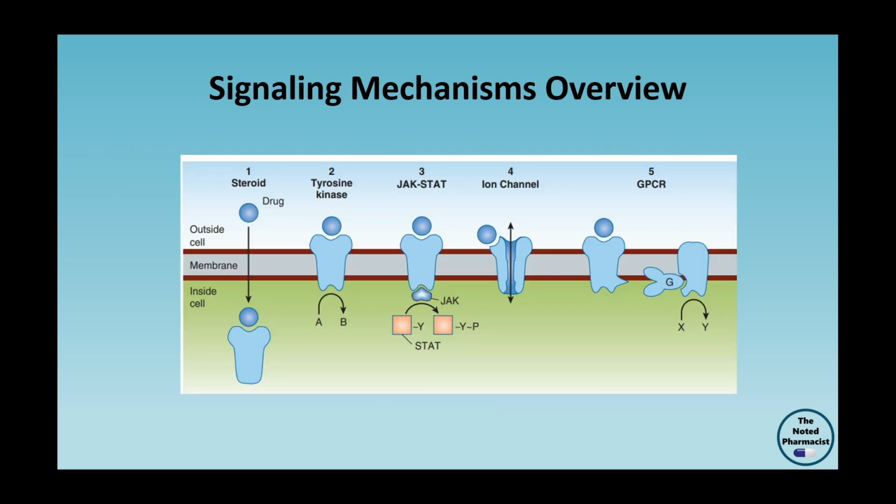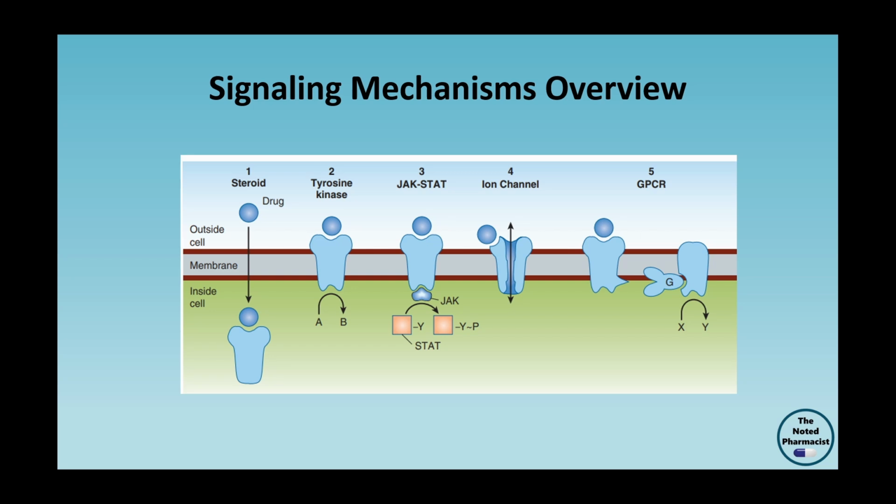Let's now discuss signaling mechanisms. Let's start by defining what signaling mechanisms are. Signaling mechanisms refer to the processes through which drug-receptor interactions trigger a cascade of biochemical events within a cell, resulting in a specific physiological response. Receptors utilize varied signaling mechanisms to produce effects. Drugs, which in this case act as ligands, bind to at least 5 types of receptors' effector systems to exert